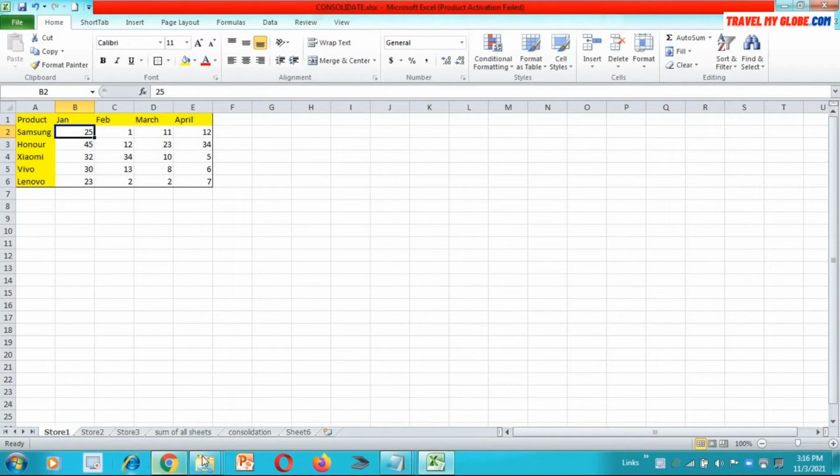So this is how you can know the sum for the data that has been stored in different sheets. But the restriction that we have seen here is that the data should be at the same position. It should start from the same position in sheet 1, it should start at exactly the same position on sheet 2, and for store 3 they should be the same. So what if our data is not at the same position?